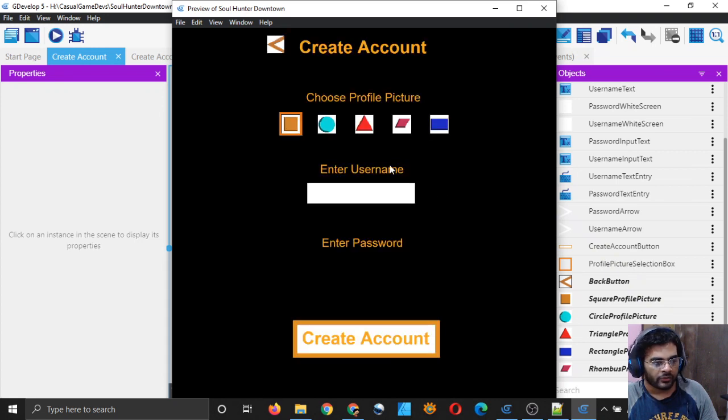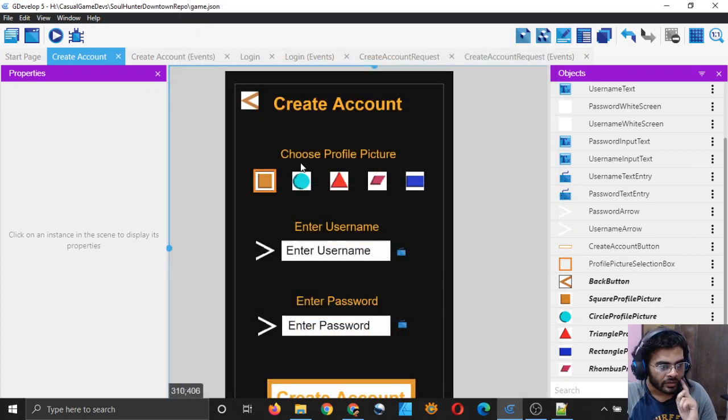So there it is. So that works. As you can see that if I click on this, my box will go here. Oh, I don't have this. What happened to this? So this is working, but this is not working. So let me see what's the issue here.